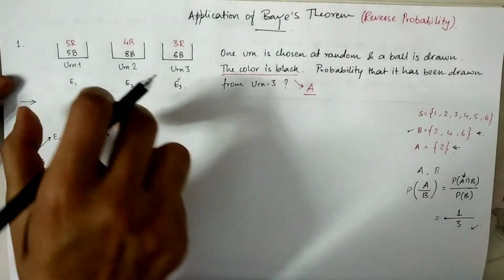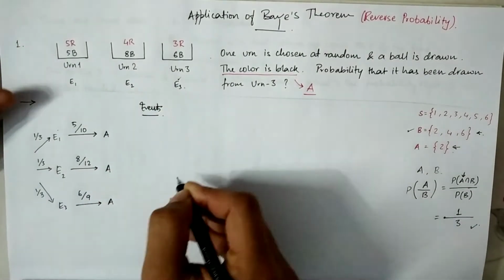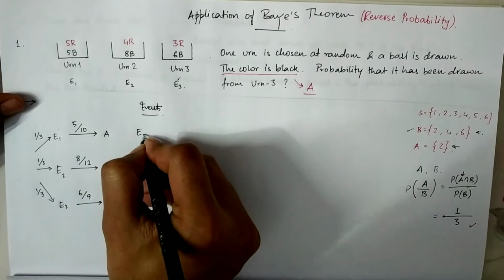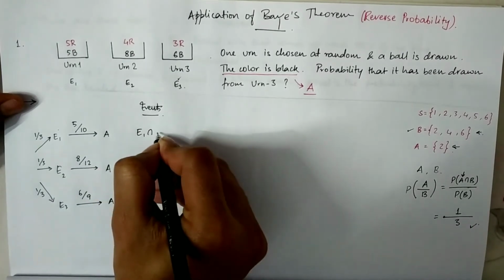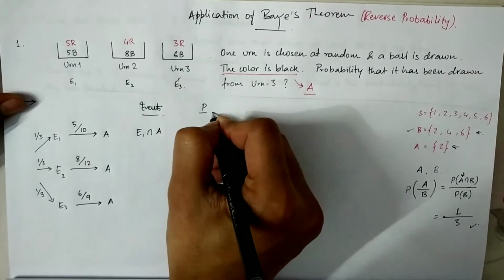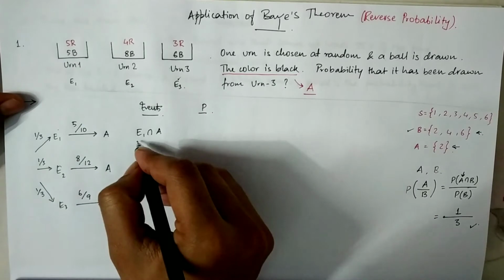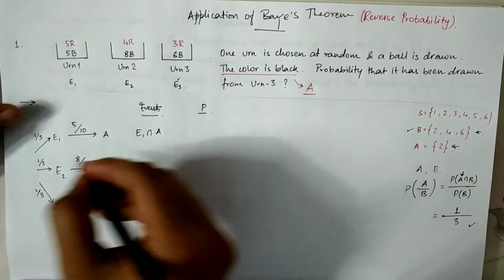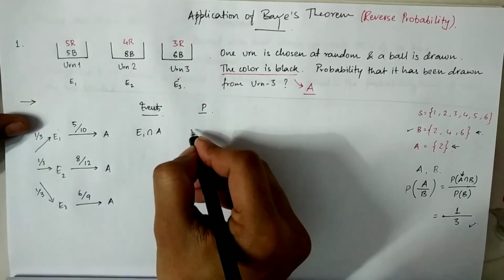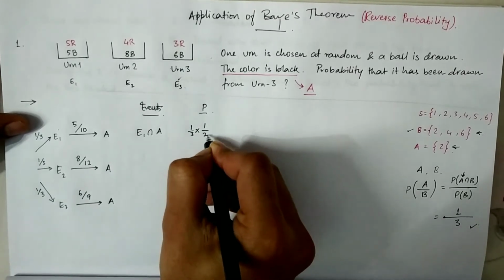Now, this is the tree diagram which I have drawn. Here I list the events. The first event is the first urn being chosen and a black ball being drawn out. The probability of which is going to be this into this, because this and this, so we use multiplication. So 1/3 into 5 by 10 is given by 1/3 into 1 by 2, which is given by 1